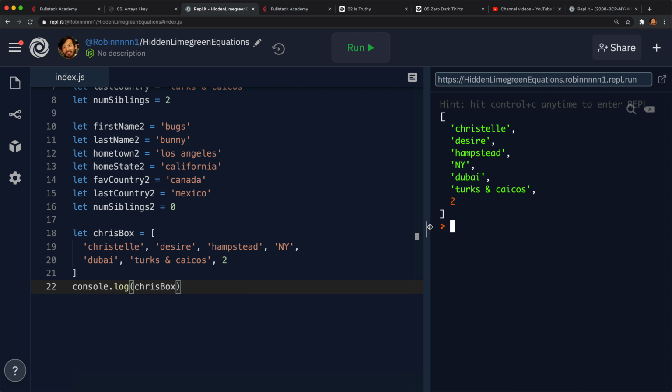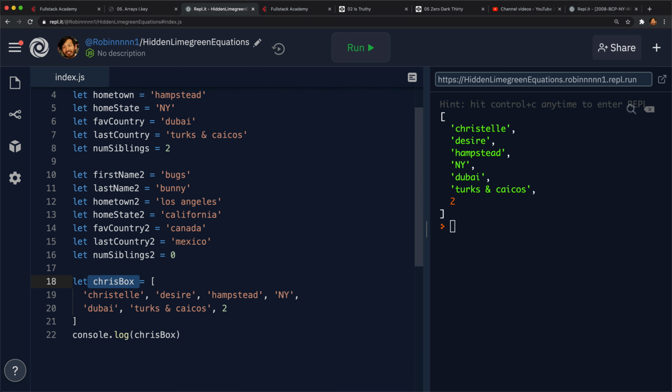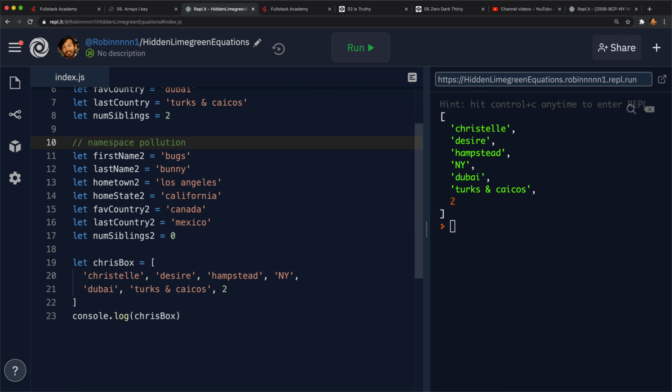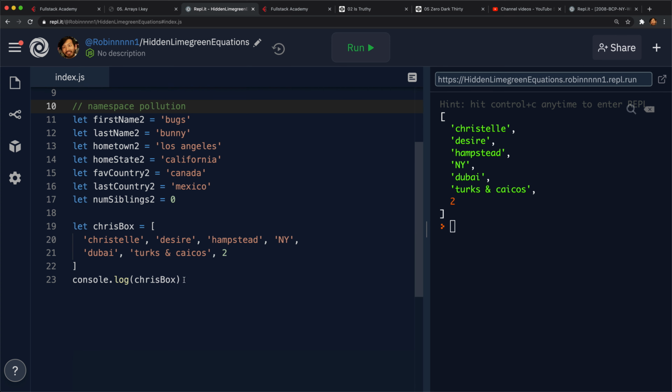Okay, it's encapsulated in a single variable, and we don't get this crazy pollution. This is called namespace pollution, where we're just using up way too many variable names unnecessarily. And so,